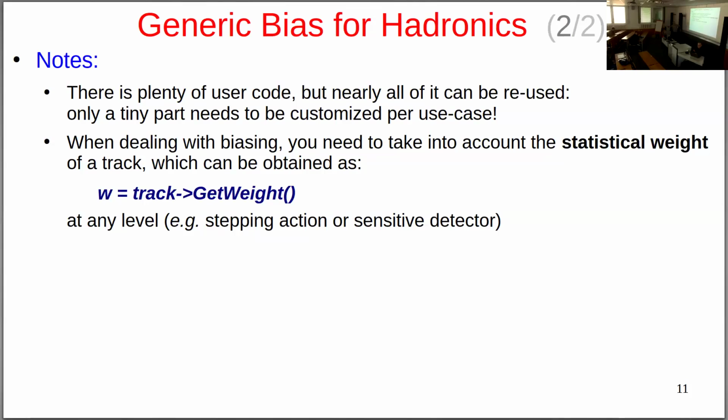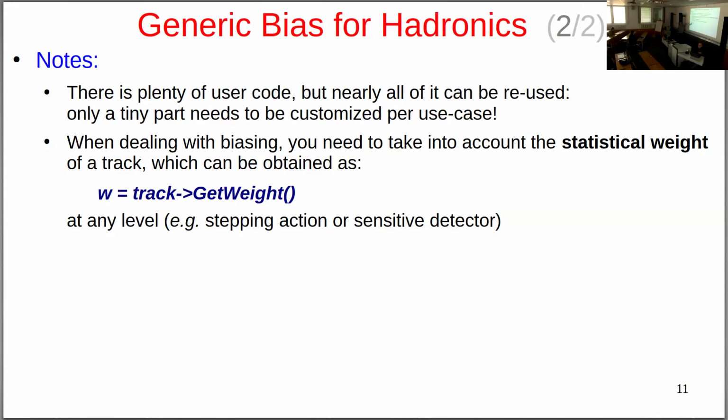So the question is, how is the weight assigned? It is done automatically by Geant4. You shouldn't care. Whenever you use one of these biasing schemes, especially this generic biasing that we recommend, the weight is automatically and properly propagated inside Geant4. The only thing you need to worry about is to take this weight that you get from the G4Track